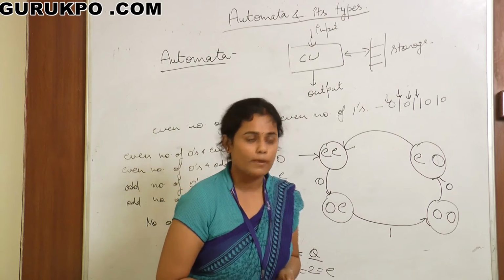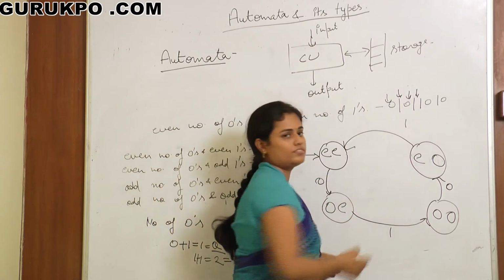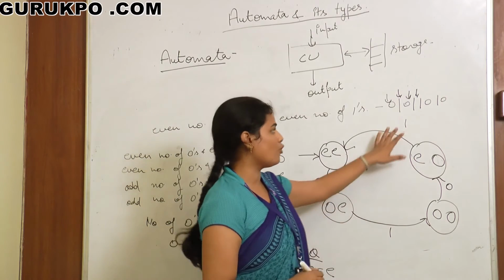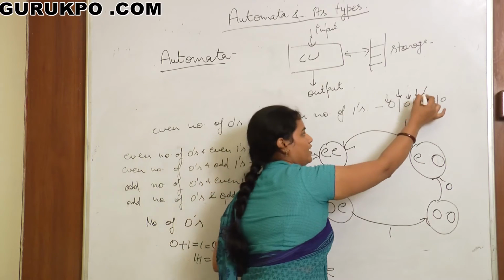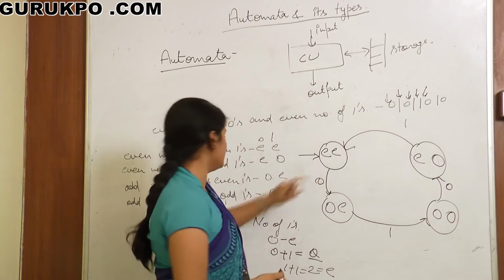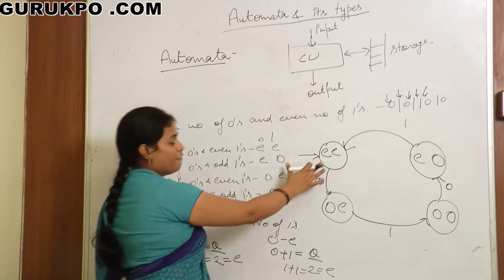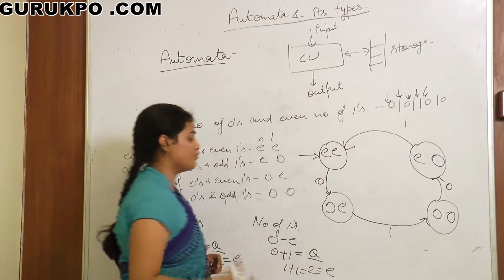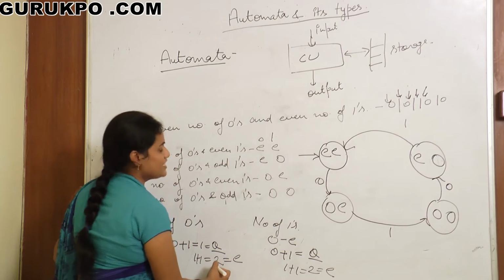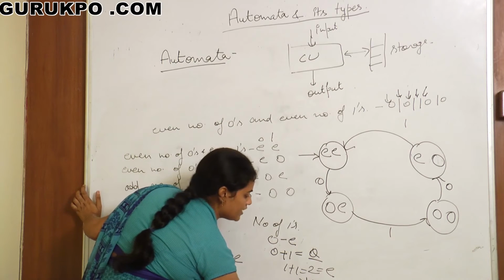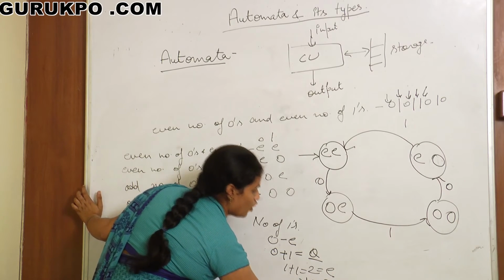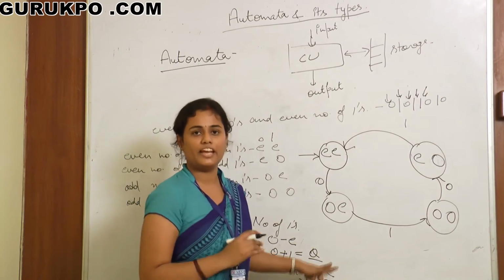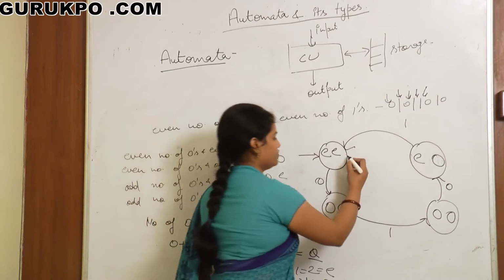But it may also happen the string starts from 1. A user can use a string which is starting from 1. In that case, what will happen? When machine reads 1, after this position we have reached the initial state of the machine. And now machine reads 1, then what will happen? Machine is reading 1, that is why we are adding 2 plus 1, that is equal to 3, that is odd. Then machine will reach back to EO, that is, even number of zeros and odd number of ones.